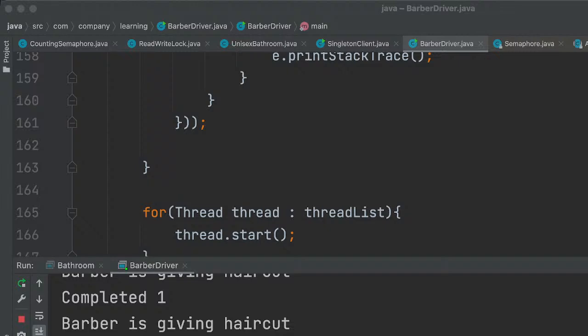Okay, the barber thread will be running continuously, right? And I don't think it has any mechanism.